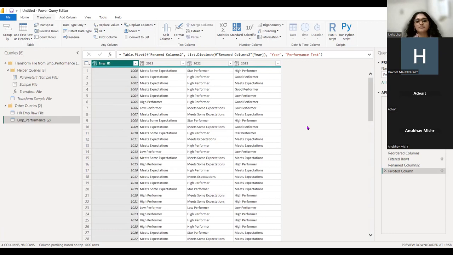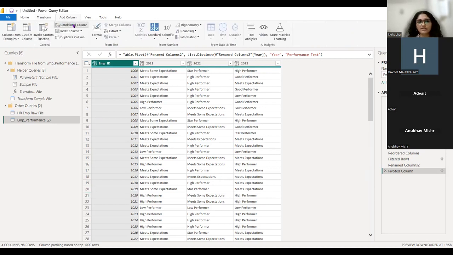All right. So let's get back to what I had highlighted a few seconds back. That is, we need an average of the performance of the last 3 years, right? Now, average can only be found when there are values, right? For example, if you had 1, 2, 3, you can easily find the average of 3 numbers. But here we have text. So in order to find the average, we'll have to assign a particular value to each of these cells or each of these columns. And to do that, we go to add column, we go to conditional column,